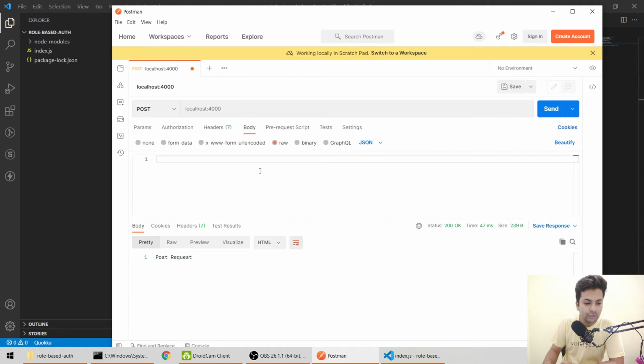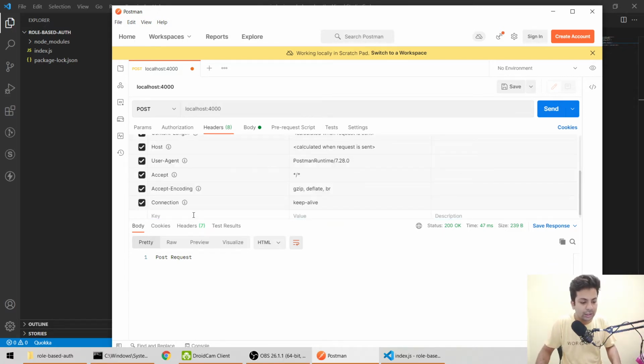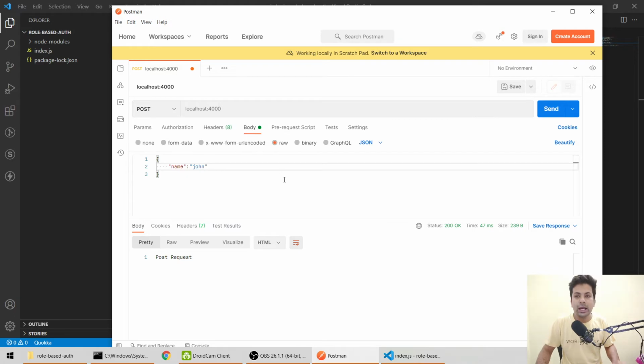Now if we want to send some data, suppose I'm sending name John. Suppose you are sending this data in the body or in the header, maybe you can just make it here and write name header, and I want that person to access a specific API.